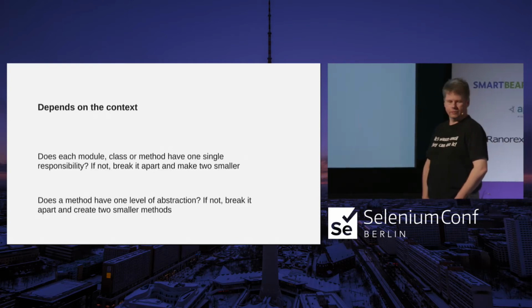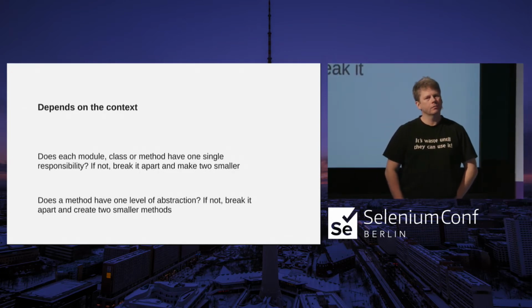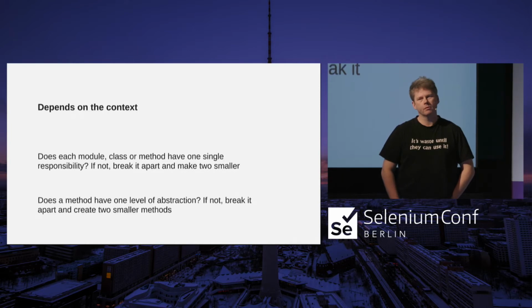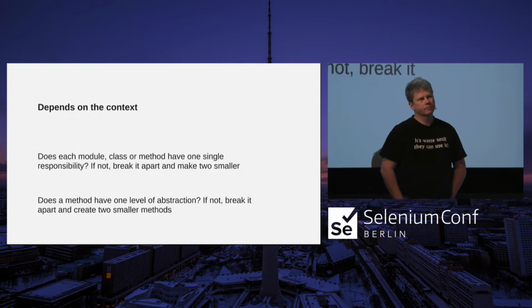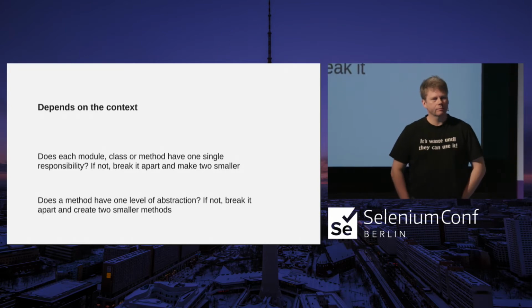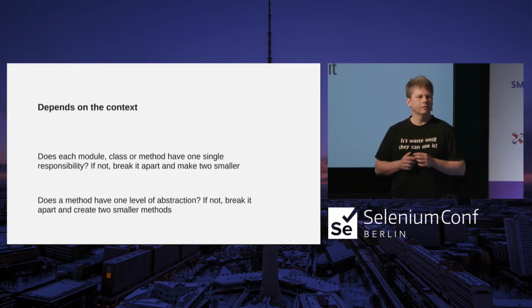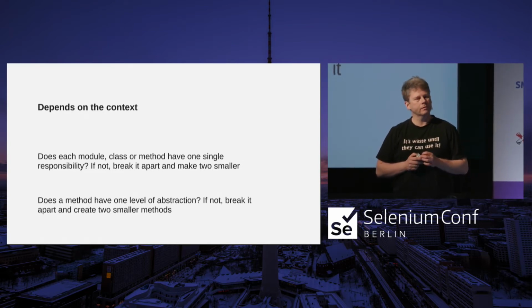These rules are something that you can use. Do you have a single responsibility, or are you doing more than one thing in one method, for example? Well, if you're doing two things, then it's not small enough. So break it apart. Level of abstraction, what does that mean? Well, if we have a method, it talks about some high-level concepts. I don't know, call that service over there, do a lot of magic, and then return something to me. And then all of a sudden you start fiddling with bits, maybe two different levels of abstraction. In that case, break it apart.